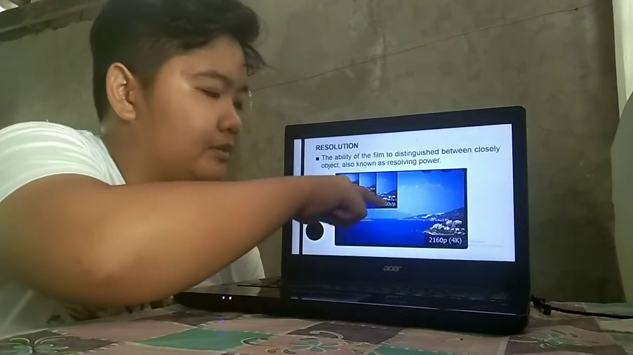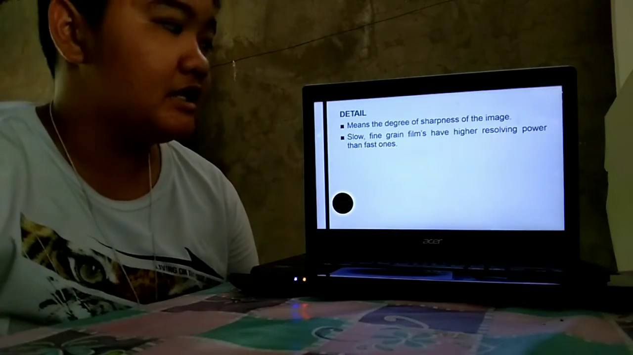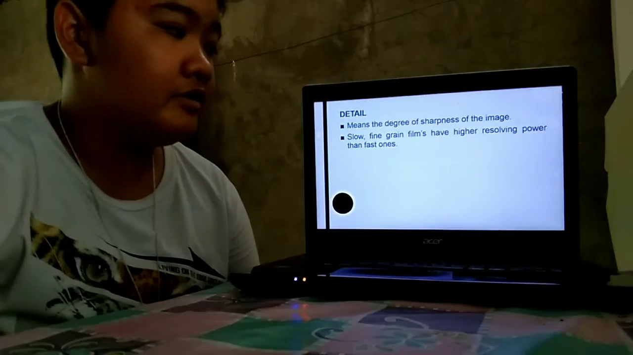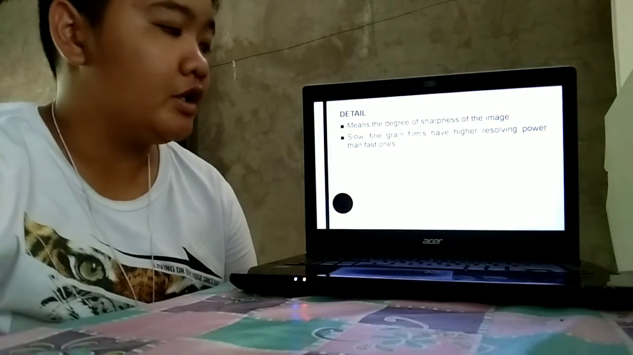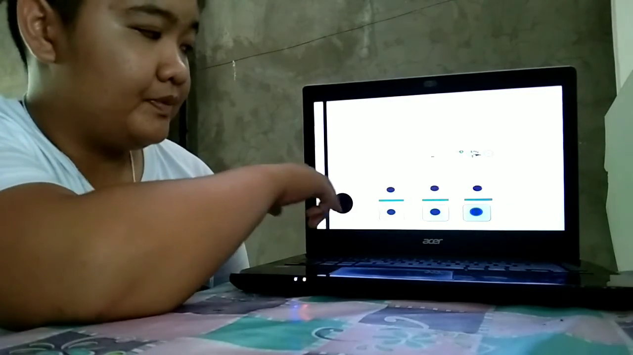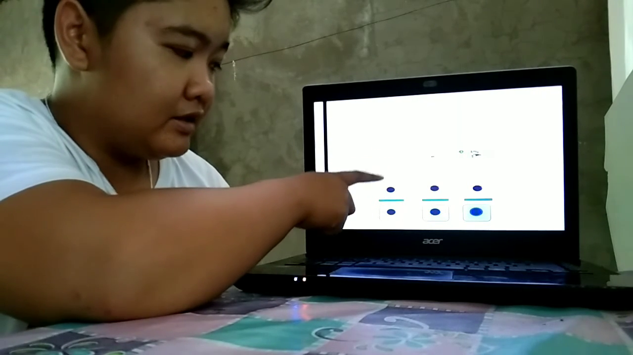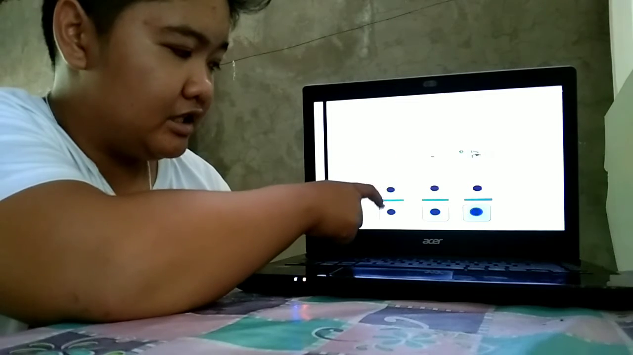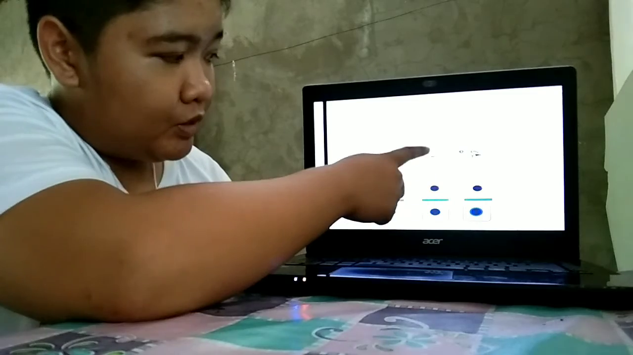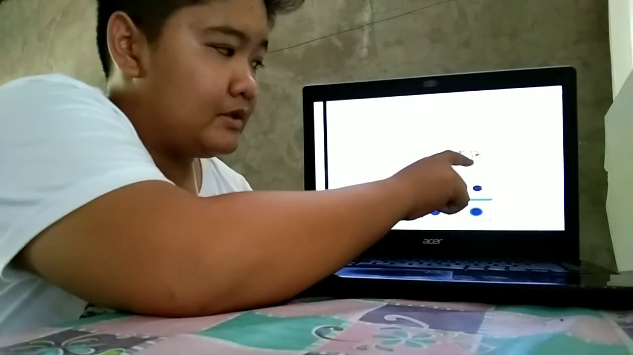Parang ganyan sa example ko. Ganyan po. Detail means the degree of sharpness of the images, and slow fine-grained films have higher resolving power than fast ones. So, ang con po niya is ito po. Point po is maliit lang po yung andito niya. Dalawang guhit po yung naka-attach dito. And sa mid-size po is medyo lumaki na at 4 na po yung guhit na naka-attach po dito sa bilog. Then sa large, mas malaki yung